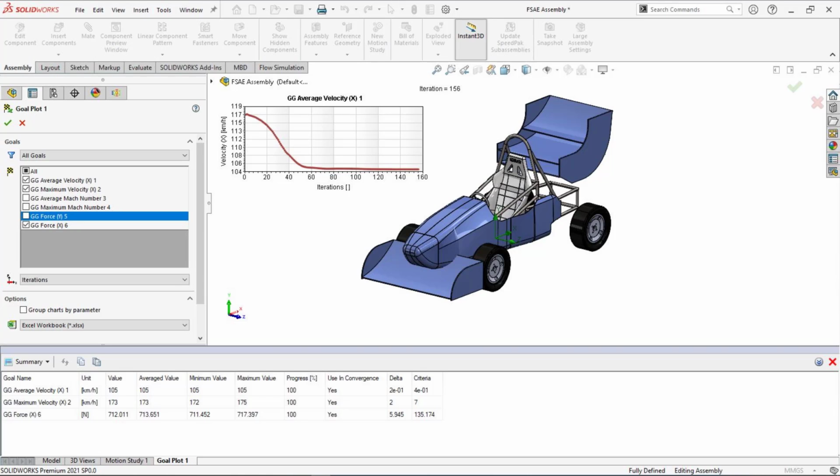That is, referring to the case studies, it is 500 Newton, so you will reach that particular value. So these results are approximately near to the required drag force for the FSAE car models. Okay,